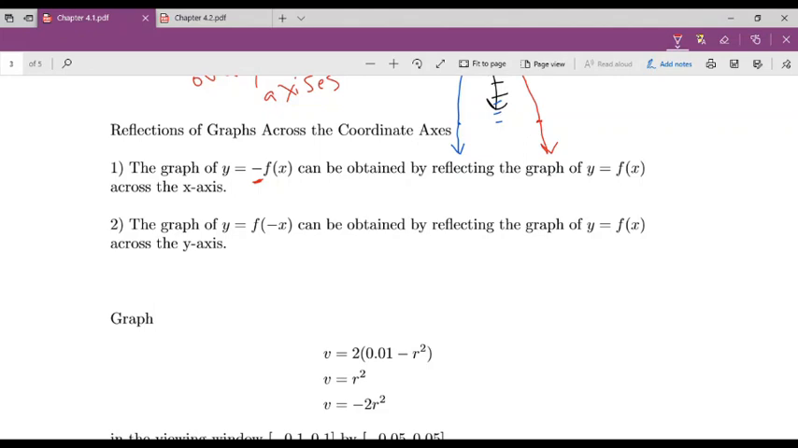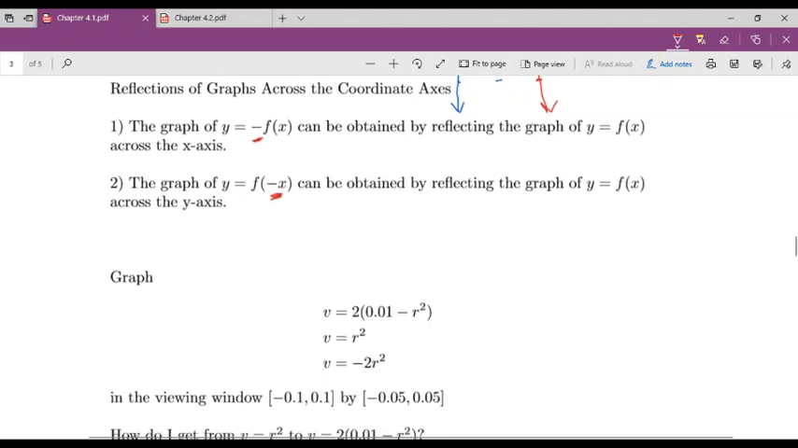Now the graph of y equals f of negative x can be obtained by reflecting the graph of y equals f of x across the y-axis. So if the negative is on the inside of the f of x function, it winds up reflecting across the y-axis. And it can actually wind up reflecting across both in the simpler style functions. Okay. Alright, so